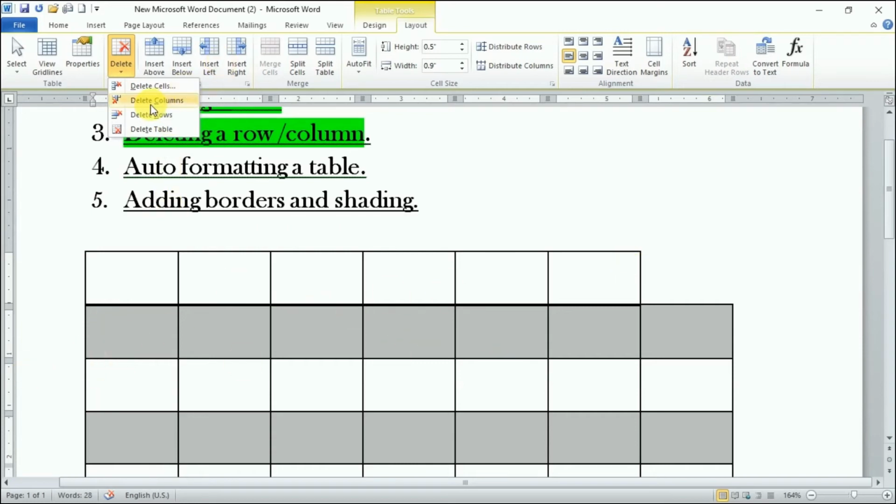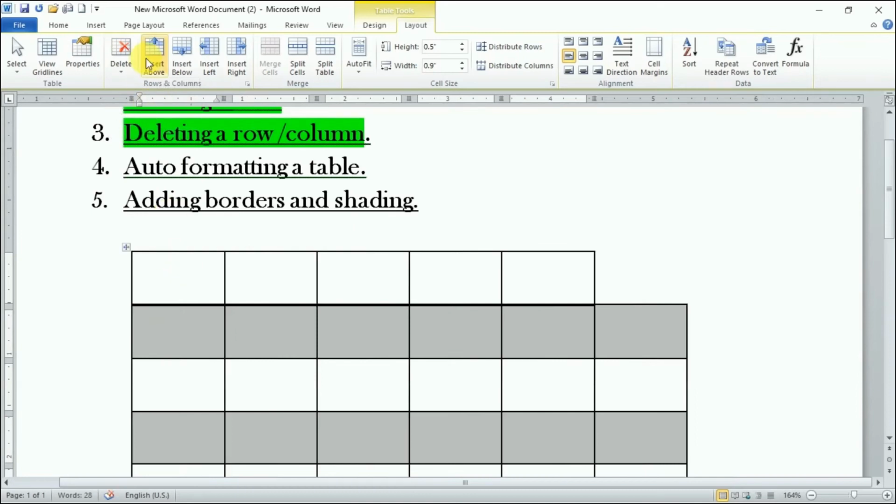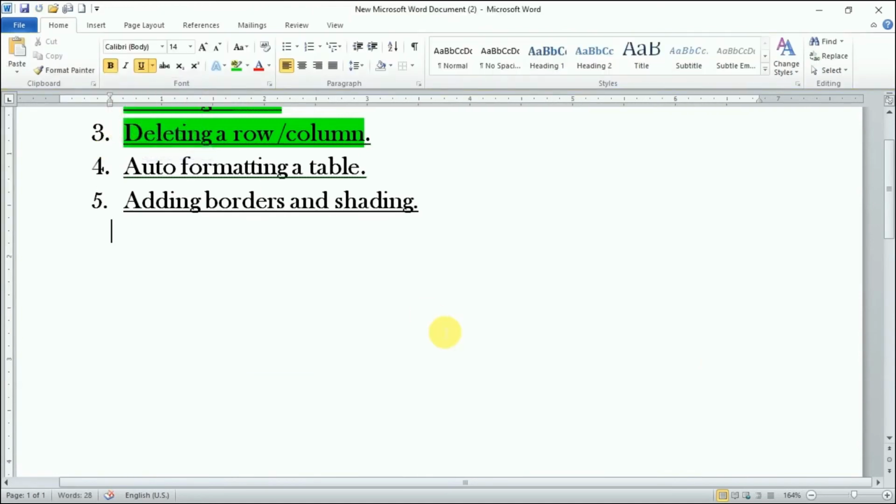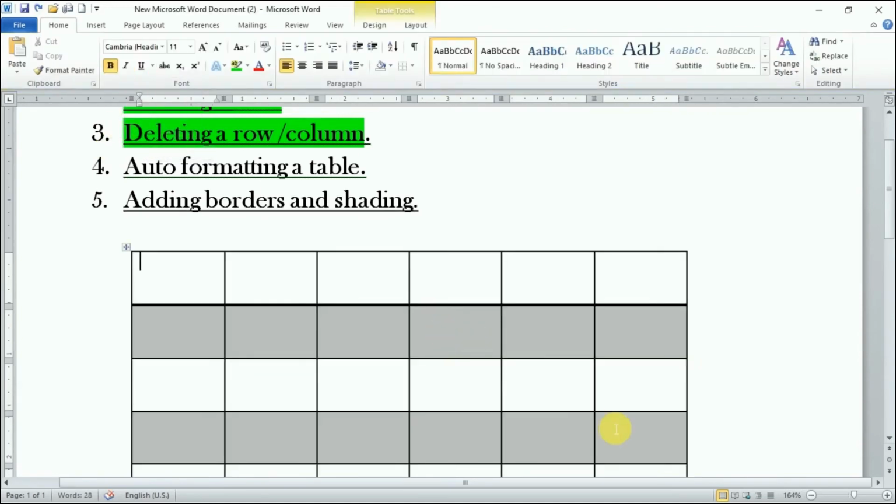So I'll choose column and the column is gone. I'll choose row, now my row will be deleted, right? And after this, again we have a similar option, delete table. So if I click this, my table will be deleted, right? So now you learned how to delete a cell, how to delete a row or column, and delete the table, right?